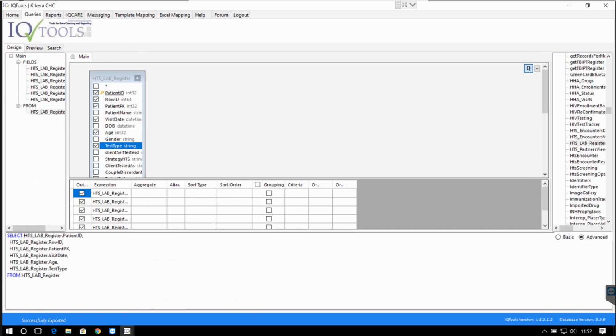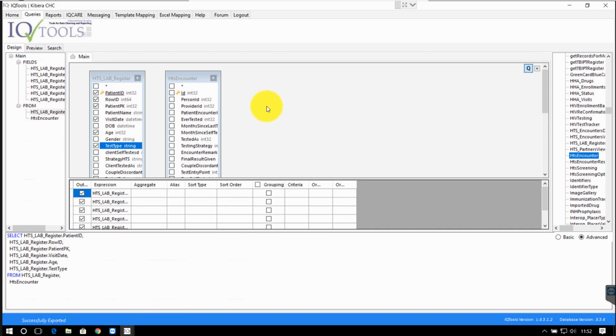Get back to the design phase. Select the second table by double-clicking on the desired table. Link the first table to the second table with a variable that is common in both the 2 tables. The tables are linked with a variable that is common on both tables. Select your desired variables chronologically, starting with table 1, then move to table 2.